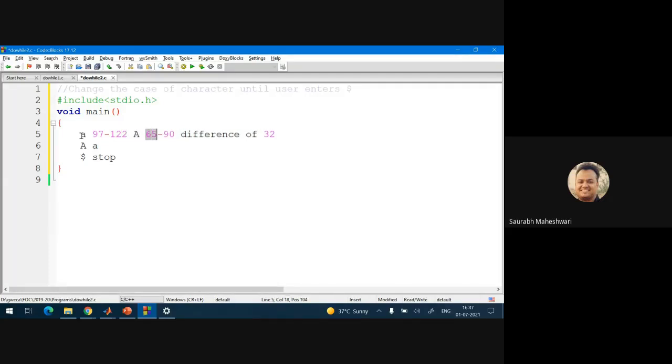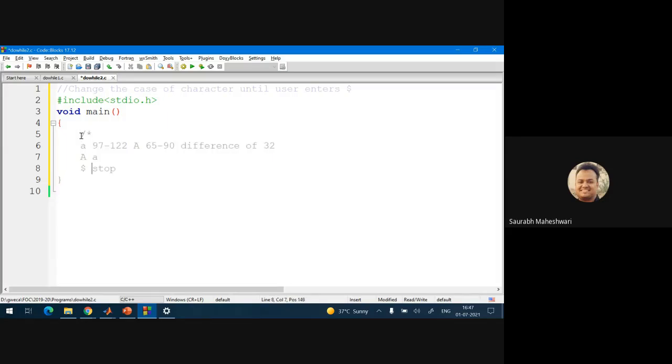Like 65 plus 32 is 97. So the corresponding lowercase will come. Now if you detect that the character is in the lowercase range, then you will just subtract 32 to come in the uppercase range. Okay, so this is the logic for the program.